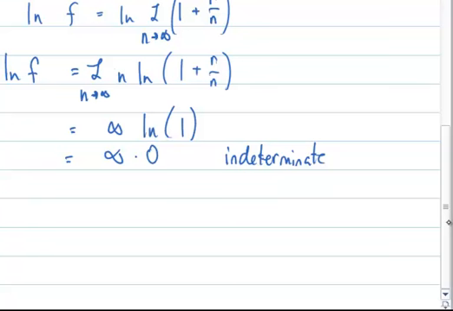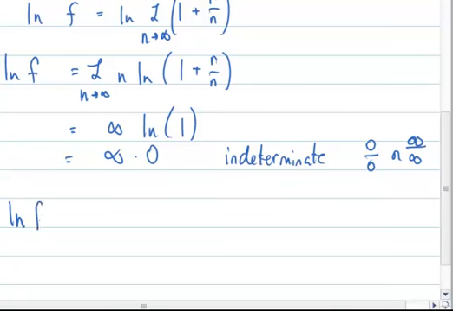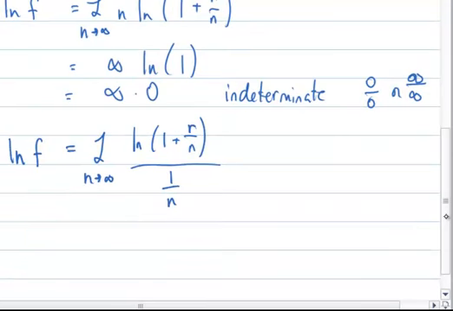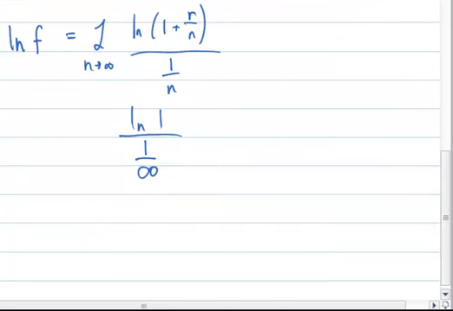So now I just have to change the form to a 0 over 0 indeterminate or an infinity over infinity indeterminate. So what I do is I say the natural log of f is equal to the natural log of 1 plus r over n, over 1 divided by n. When I check the limit again, I should see that I have a 0 over 0 indeterminate form, the natural log of 1 over 1 over infinity gives me a 0 over 0 indeterminate form, which now allows me